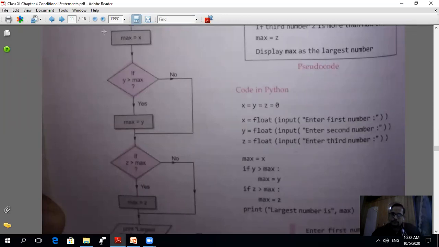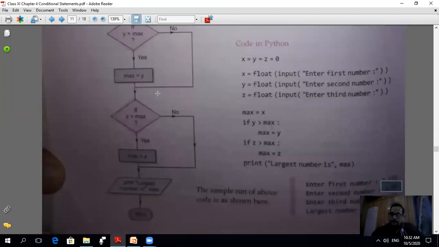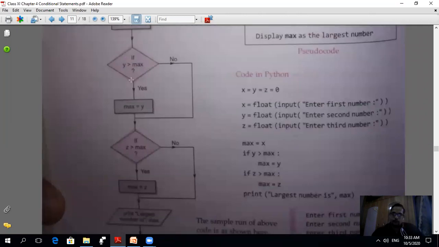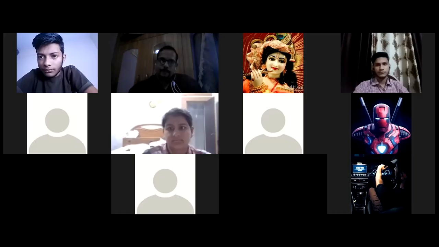Is the condition true or false? Reply. Condition true होगी false होगी? This is the second value, 6.99, the value of y, and the maximum value is 7.235. According to this, is it true or false?